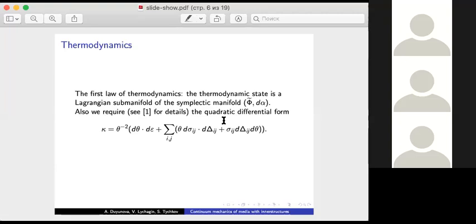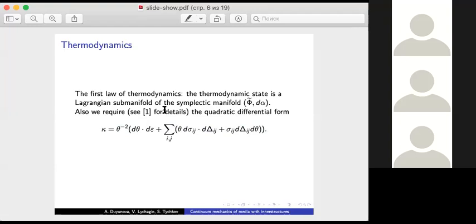And also, a very important requirement is that the following quadratic differential form kappa is negative definite. So again, I want to say that all the details may be found in the lectures. The meaning of this form is the following. The submanifold where the quadratic form is degenerated divides our Lagrangian manifold into domains where kappa is negative definite or